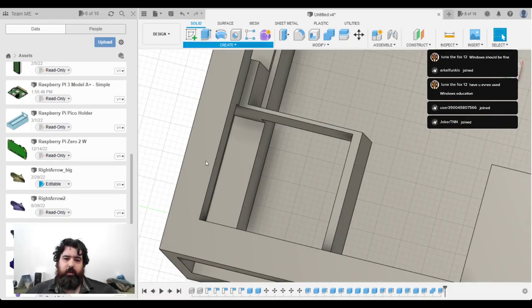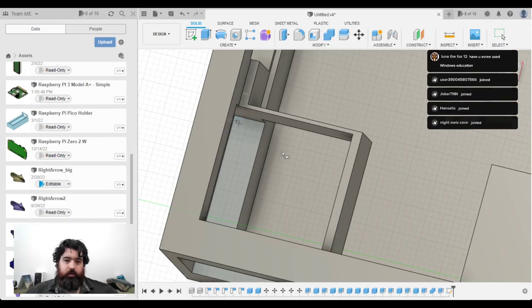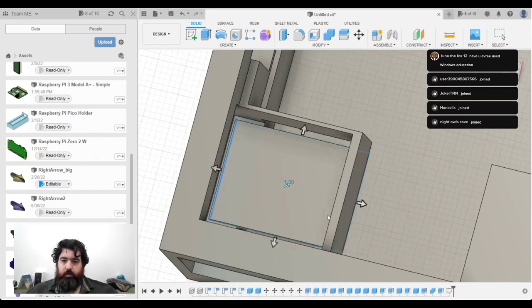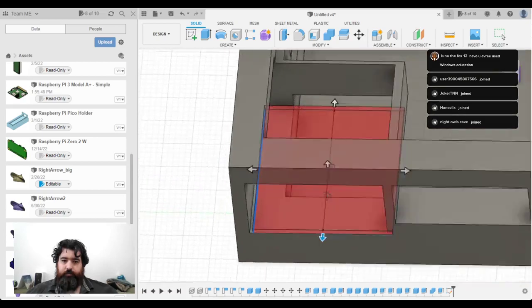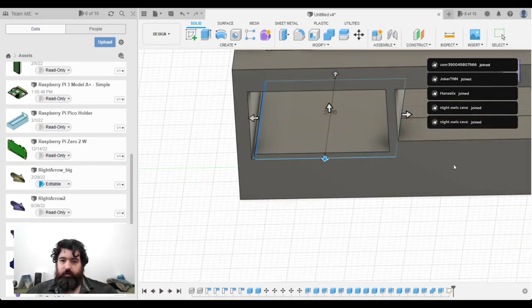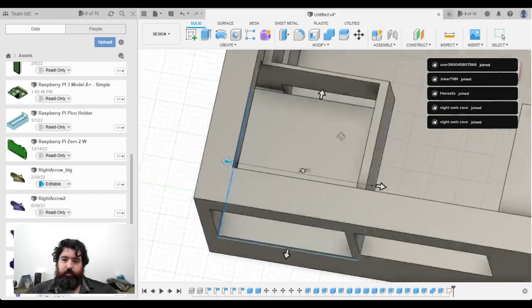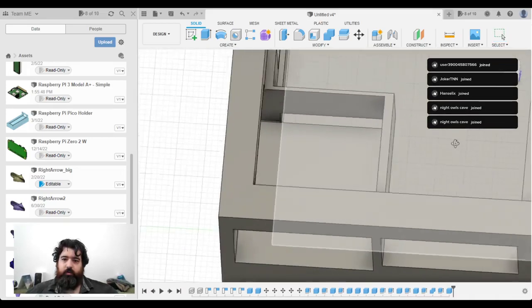So if I create a box here, and extend that down. Have that join. Extend that way. That'll give me a platform for the Low Pi. And I need to